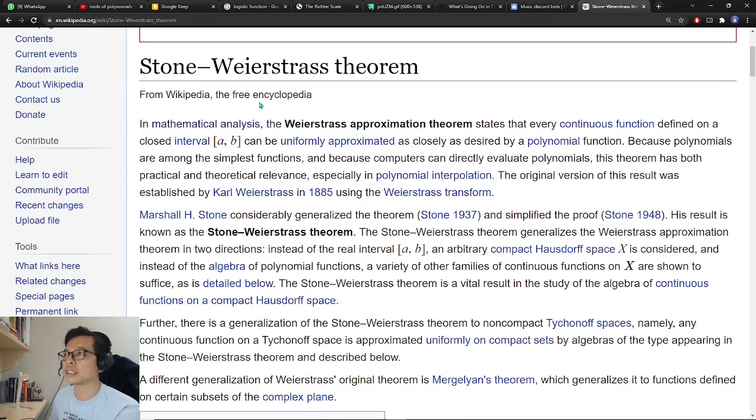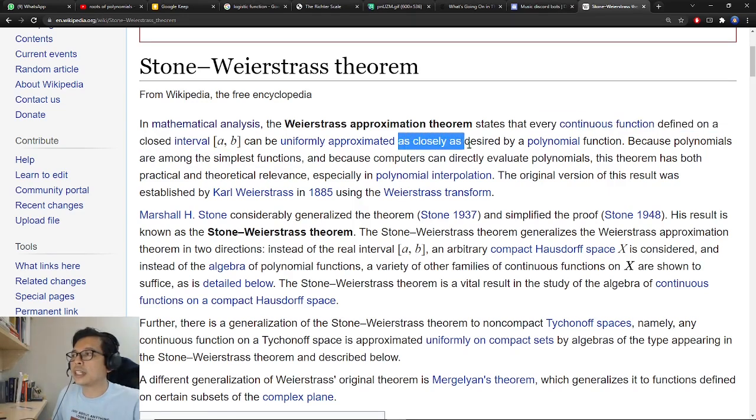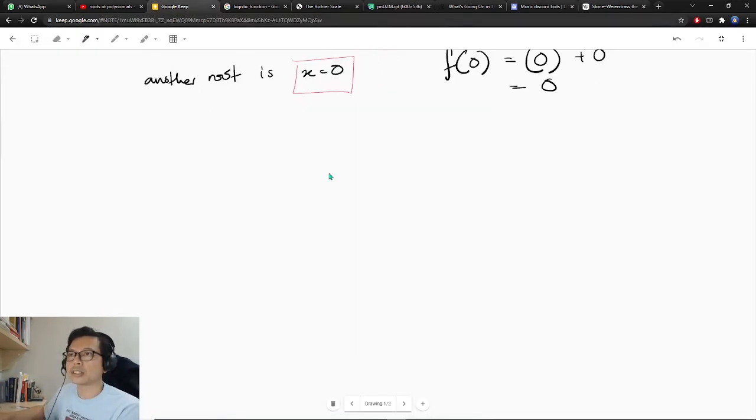Why are polynomial functions important? Why is it so powerful? Okay, so this smart guy here, Weierstrass, he said that every continuous function defined on a closed interval, that means a closed interval from 0 to 1, or I don't know, minus 10 to plus 10, can be uniformly approximated as closely as desired by a polynomial function. What he's trying to say is that even